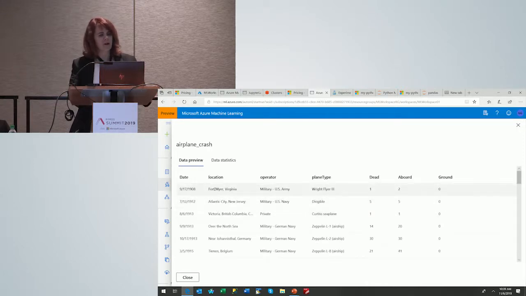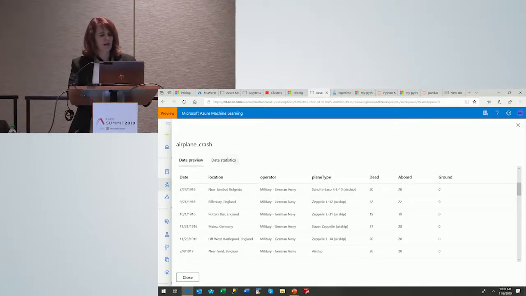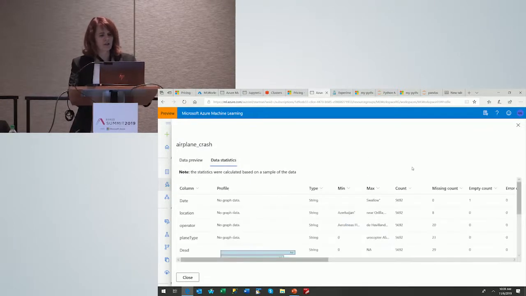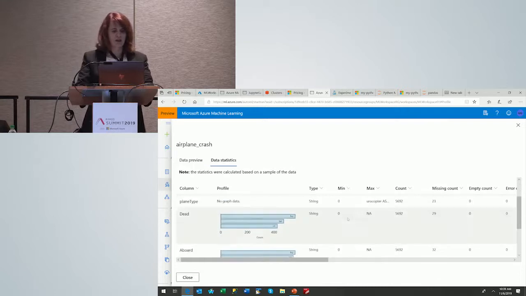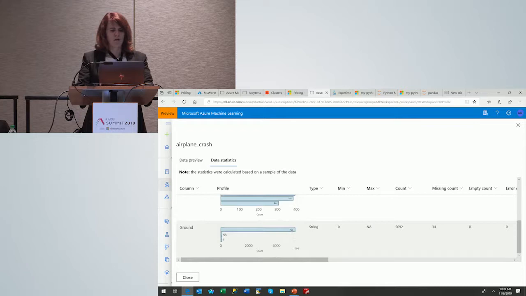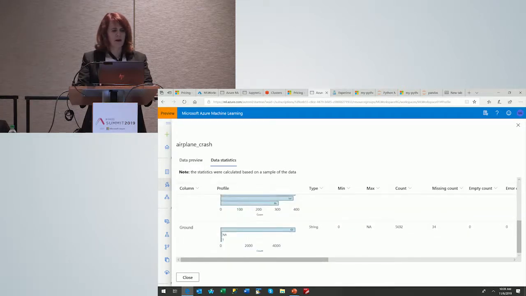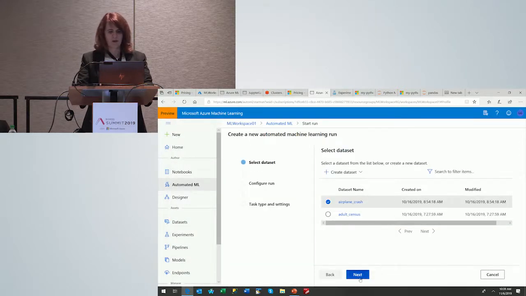And with airplane crash, it looks at a whole bunch of information and how many people died in the plane crash. So what I can do too is look at some different statistics on the sample data, and it shows me how many people died on average, how many people were aboard, and how many died on the ground. So I've got different information that it automatically gave me statistics for. Then I can go ahead and click Next if I want to do some automated machine learning on this particular data set.